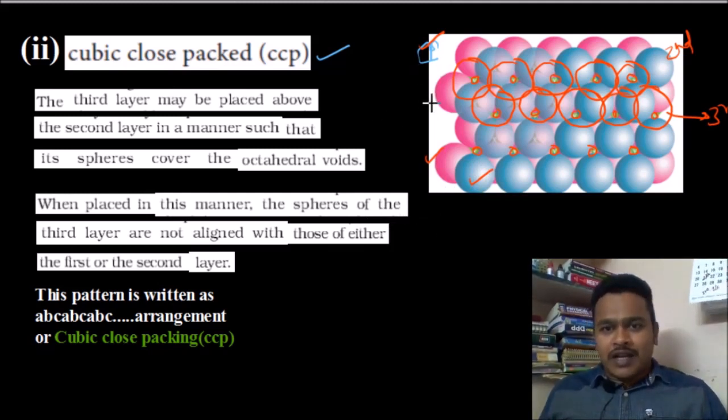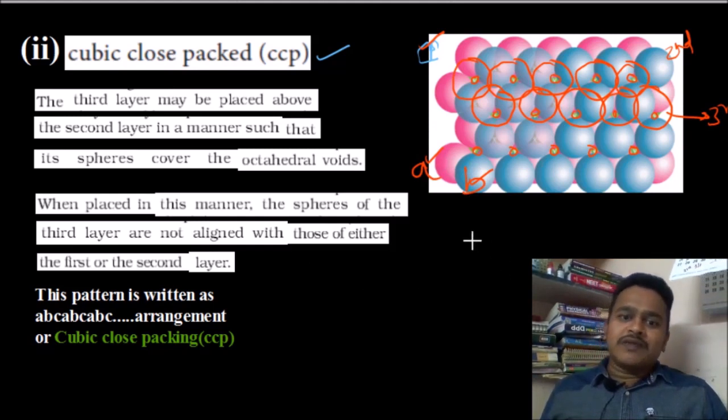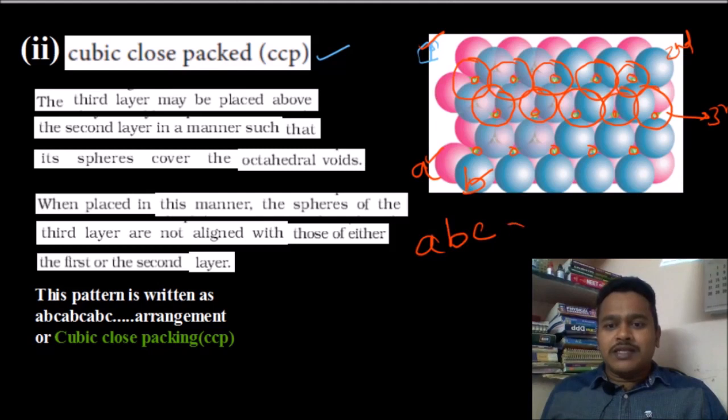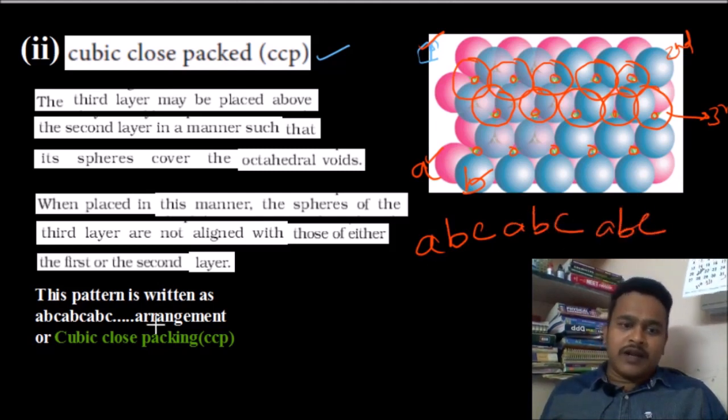First layer is A, second layer is B, and this third layer is C. That is why this arrangement is ABC, also called cubic close packing.